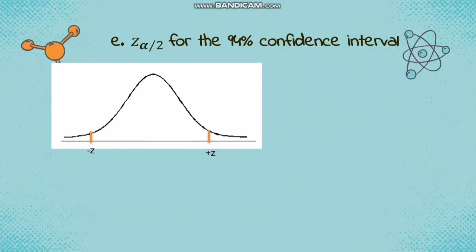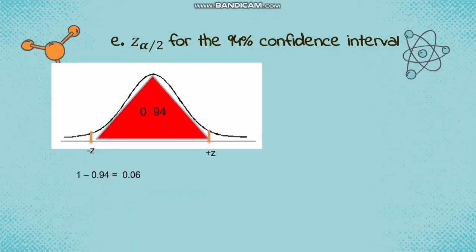And E, z sub alpha over 2 for the 94% confidence interval. By the use of the normal curve distribution between negative z and positive z, the area of this region is based on the confidence level, which is 94%. So this area is 0.94. So let's first find our alpha, which is 1 minus 0.94, equal to 0.06. Then let's look for our alpha over 2, which represents the area in each of the tails. Alpha over 2 is equal to 0.06 over 2, which is 0.03. Then 0.94 plus 0.03 is equal to